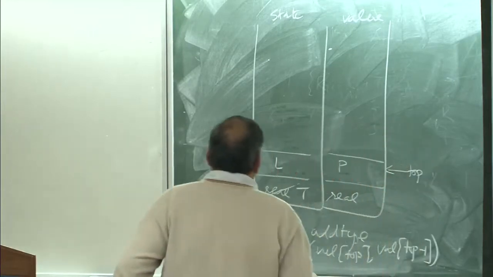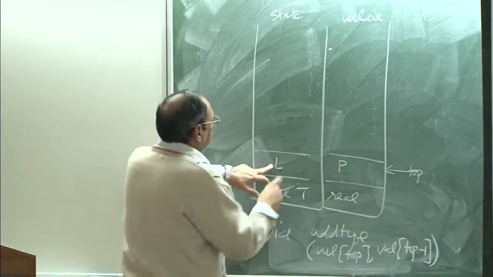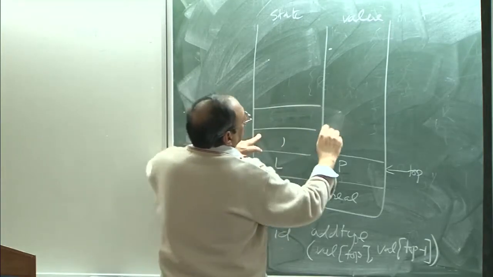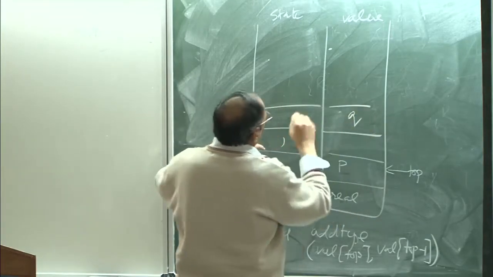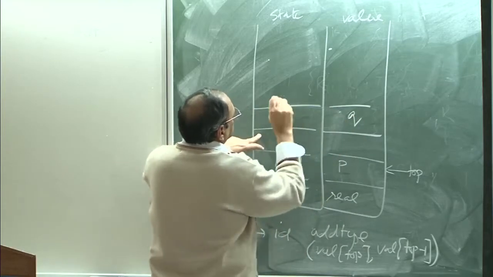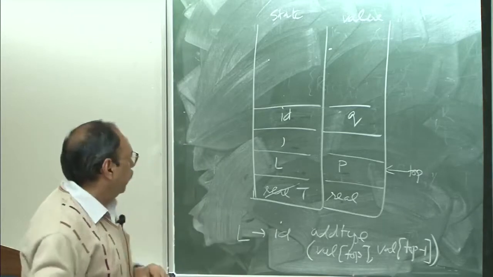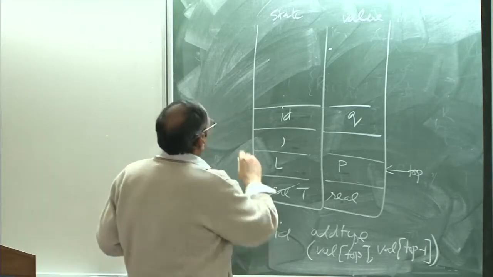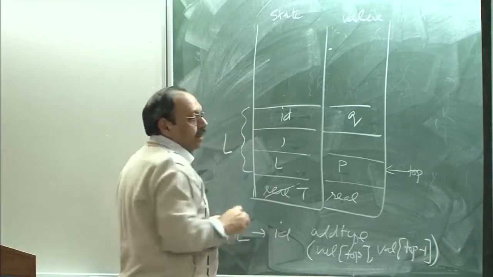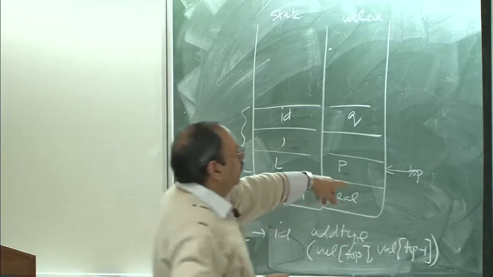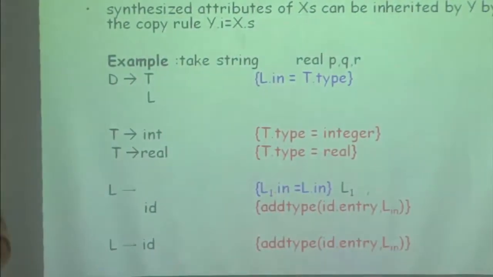If I now go further and this has been reduced to L, then I will push comma here, and then I will push Q here, and I will have ID here. Now, when I do this, then this whole thing is going to get reduced to L. Now, when I have this rule which says L goes to L comma ID, what is it that ultimately I am trying to do?